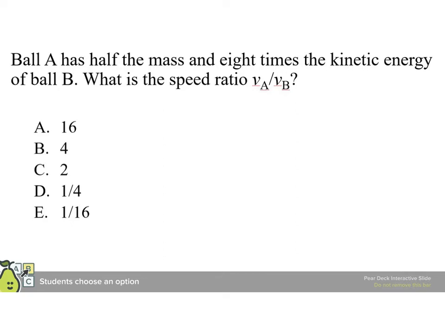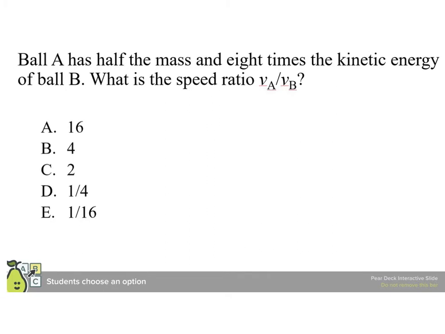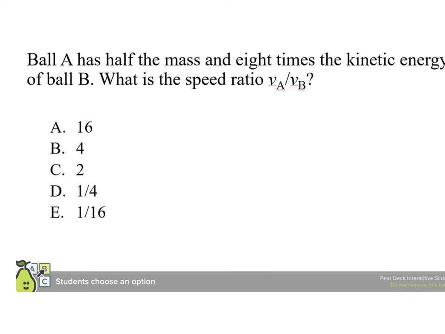Well, if A and B had the same speed, then A would have 1/2 the kinetic energy of B, because remember that the kinetic energy is 1/2 mv squared. So if the speeds were the same and we halved m, we would have half K. But that's not what happens. We actually have 8 times as much,